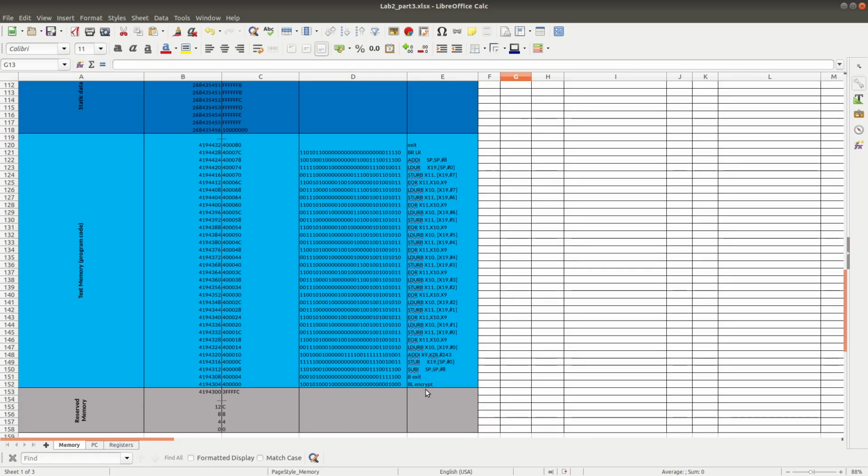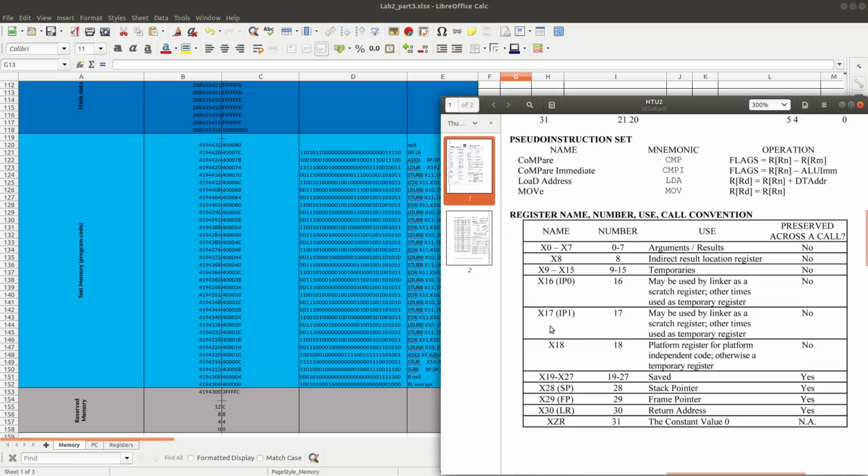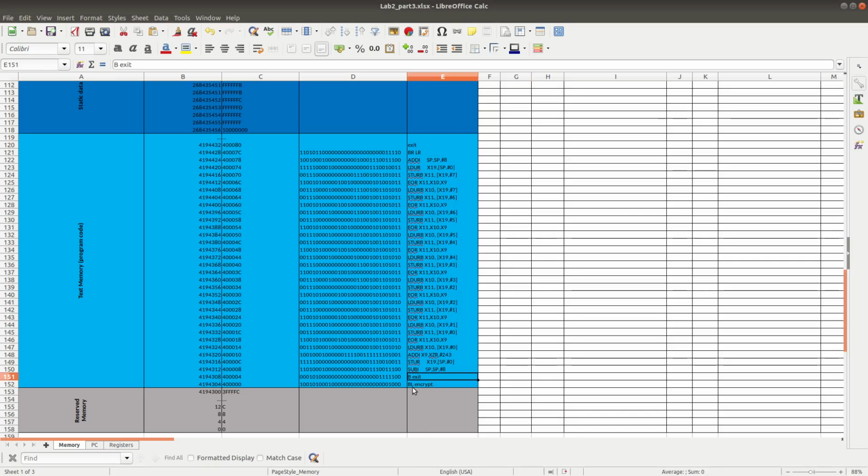And one more thing about the BL instruction: we need to store the return address. The return address, as you can see in the reference for ARMv8, is x30 or LR. It keeps the return address. And where is the return address? We know that after executing this instruction, when we return from the procedure, the next instruction that needs to be executed will be this instruction. So the return address is 40004.